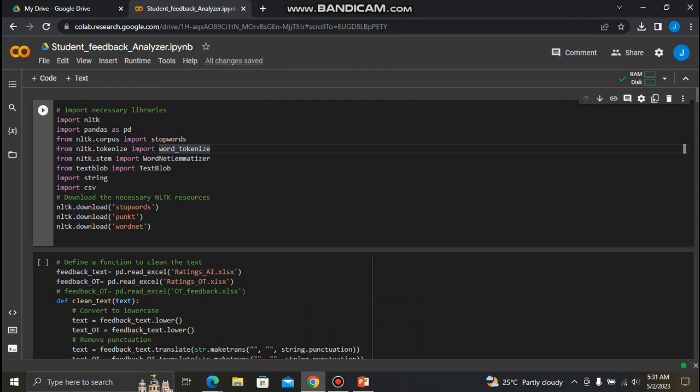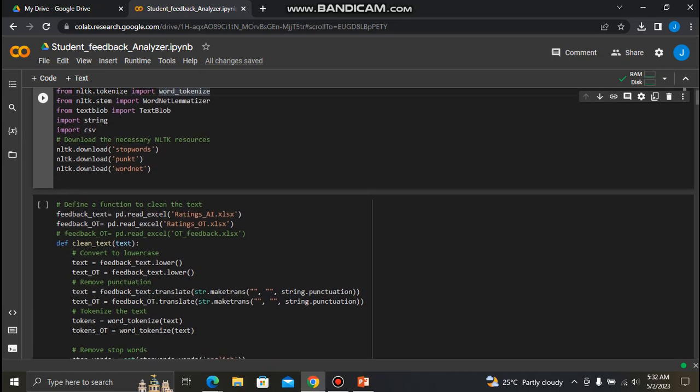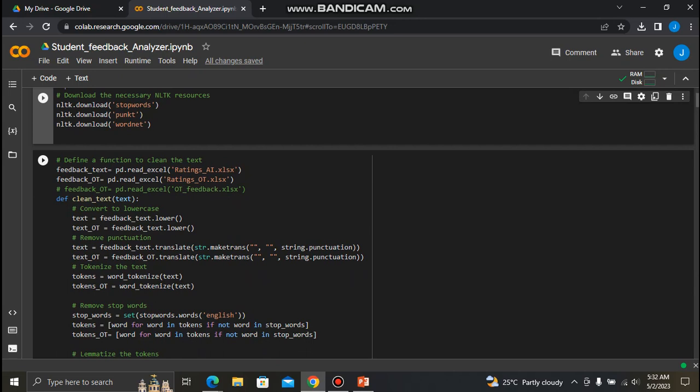And another one is the lemmatizer. This library will help me convert the different words into their normal roots, their base form. Then I have to import this library, TextBlob, that will help me perform this sentiment analysis. So without further ado,